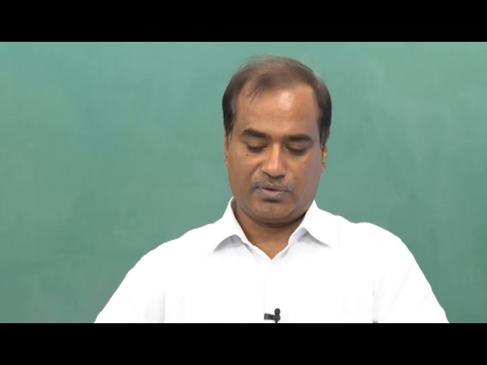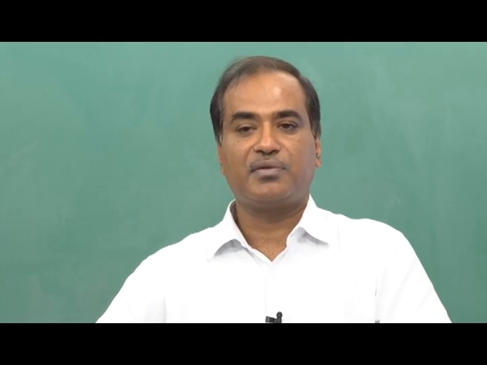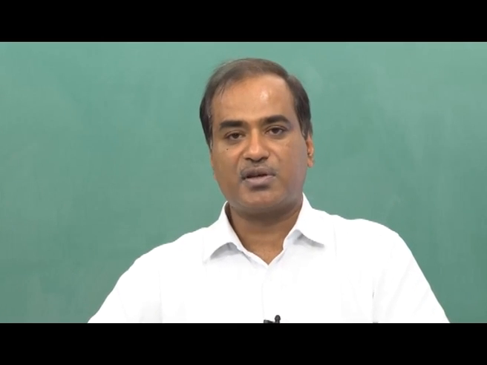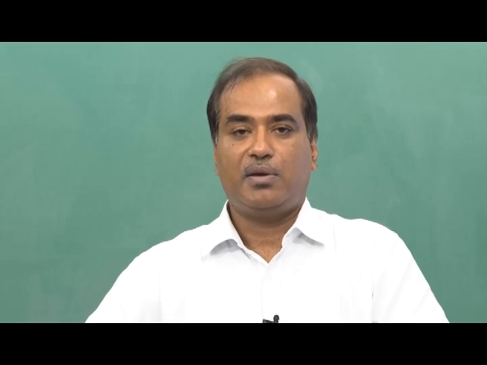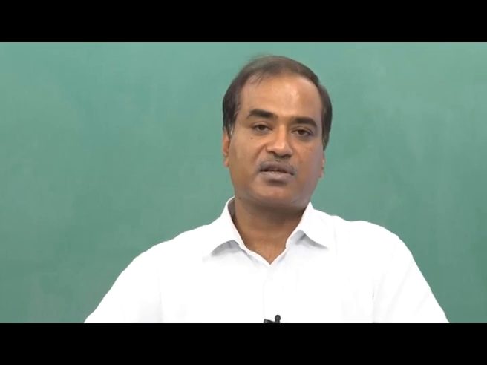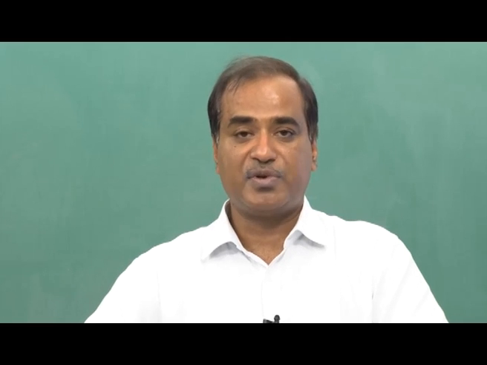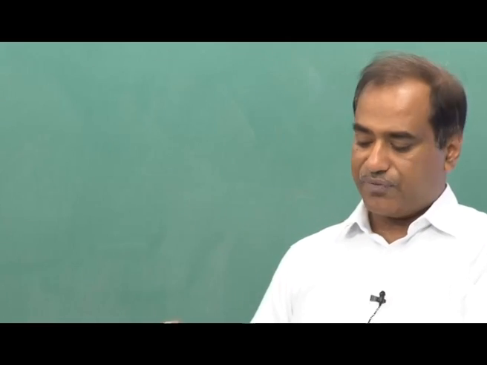Welcome to lecture number 4. In this lecture, we will discuss how to estimate the parameters of a linear regression model. In the earlier lecture, we had discussed that there are 3 parameters: beta 0, beta 1 and sigma square. If you try to recall, we had taken the model y equals beta 0 plus beta 1 x plus epsilon, and we had obtained n observations, say x1 y1, x2 y2